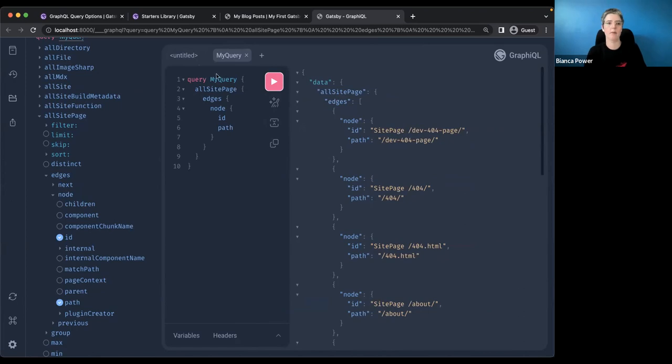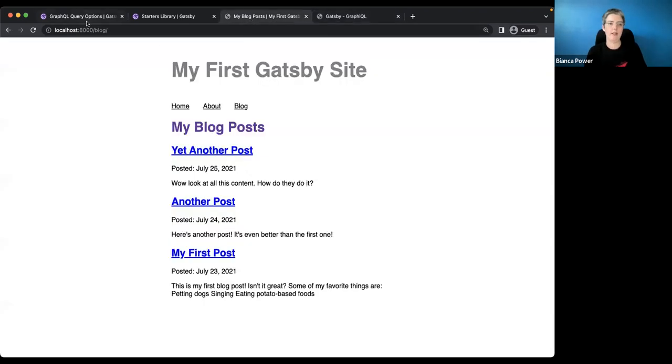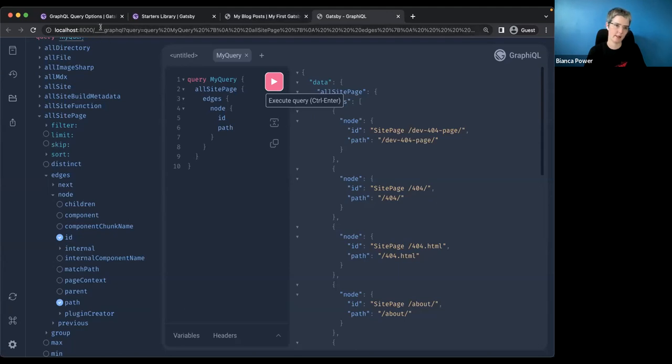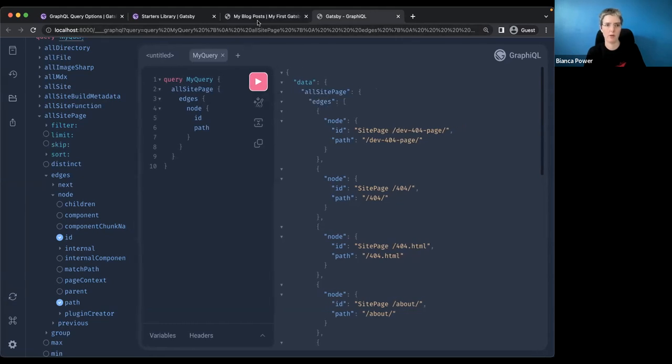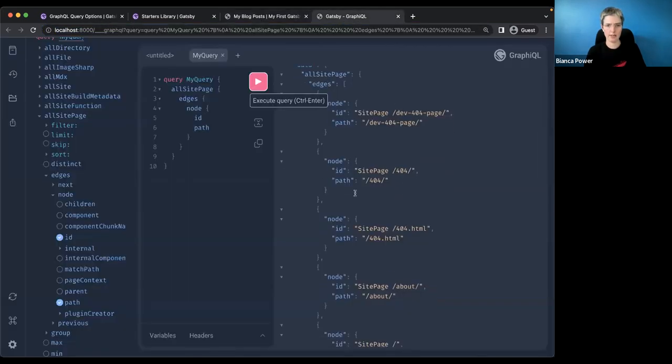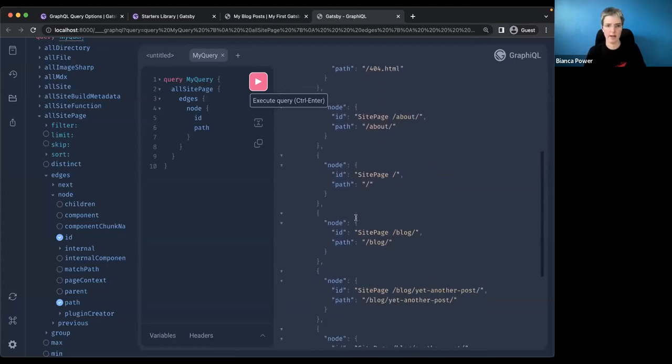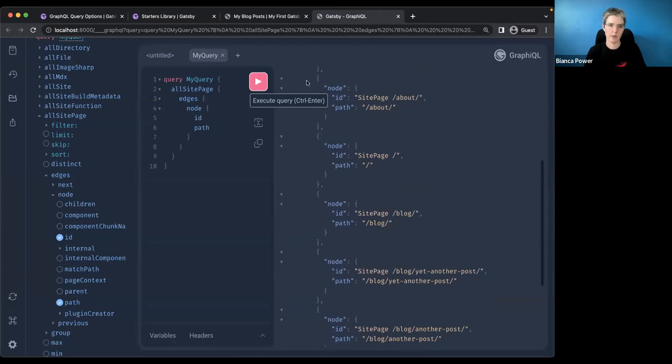So just to take a step back for a moment, over here, I'm running localhost 8000. So this is my server, my Gatsby server that I started up. On localhost 8000, we can see the blog running, and then this localhost 8000/graphql is just a nice interface for us to try out the queries that are available on this site that we're running over here. So we'll see some 404 pages and things that are behind the scenes and available,